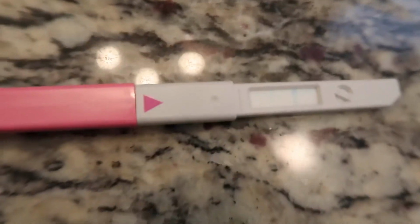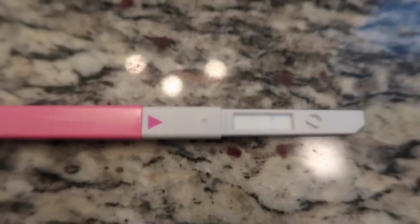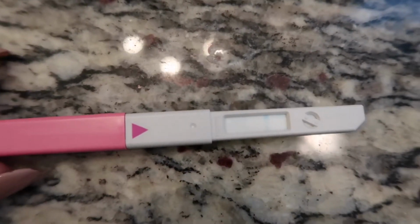So I'm gonna put those pictures of these tests in there, and then after a few days of testing we'll see what the progression looks like. One last thing, the digital one, when you pop it out, it's just like a normal ovulation test. So you can see the control line on the right and the test line on the left. So it's kind of hard to read,